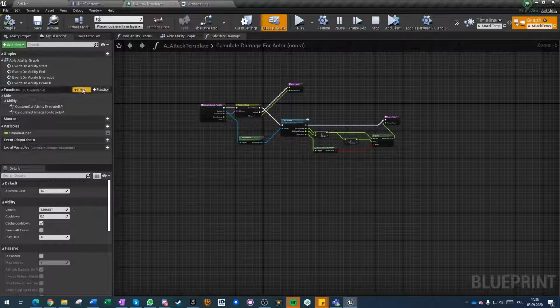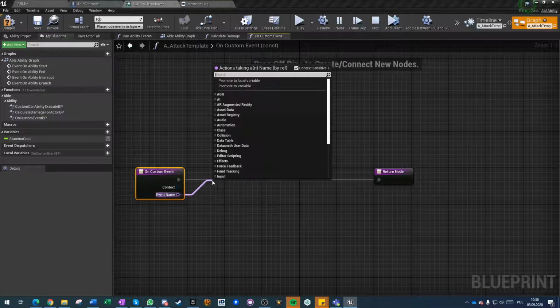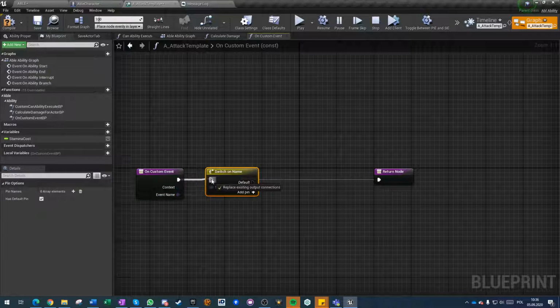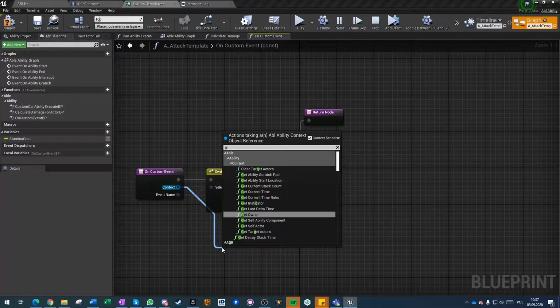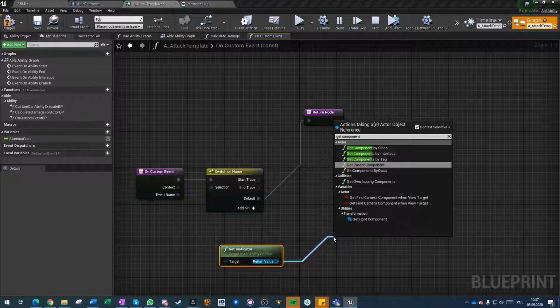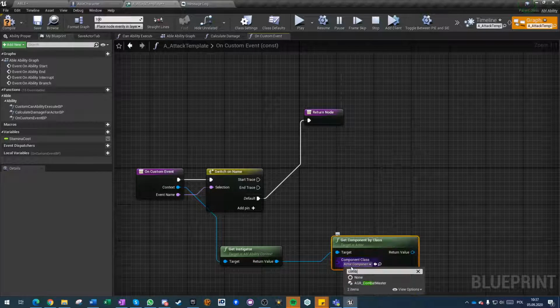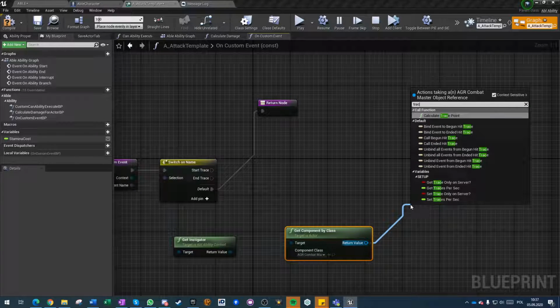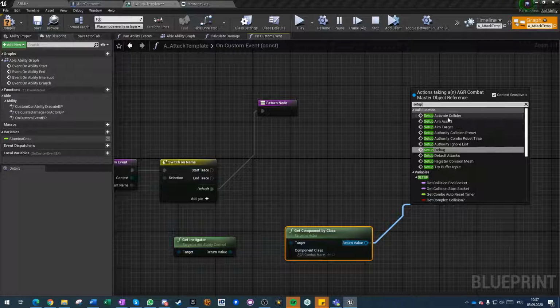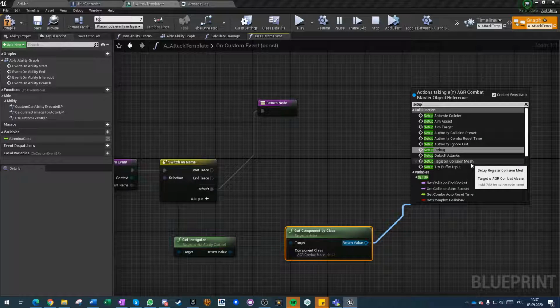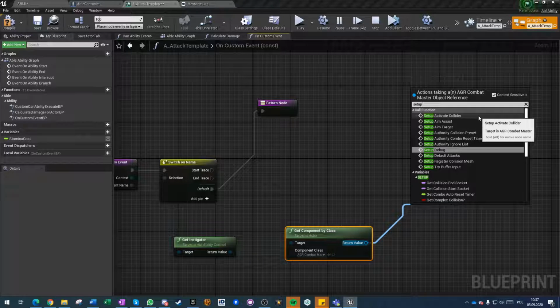Okay, and now we can go into our graph, we can go into function, we can go into on custom event, and on our event we can do switch, and on default nothing, and we can do 2 pins, one that is start trace and end trace, and we can get instigator, and we can get component by class, and this would be the combat component right now, and we do a setup. Okay, we're gonna have to